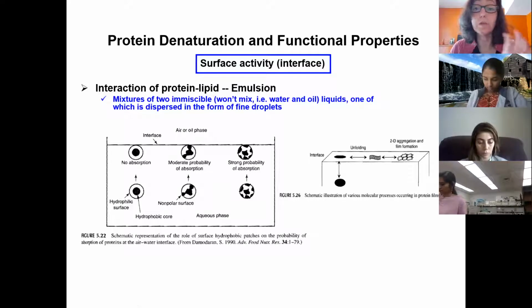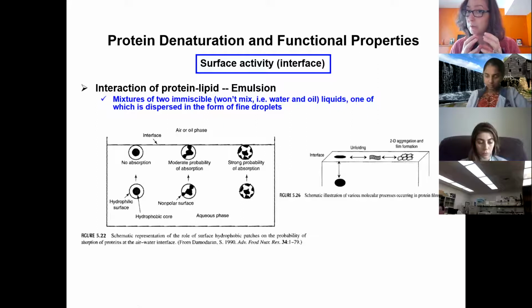So if we want to talk just about emulsion, let's start with the oil droplet. This film is formed around the droplet, and the thicker the film, the more stable your droplet is going to be. And the more charges you have on the surface, the proteins' polar groups are going to be oriented to the aqueous phase. So the more charge I have, the more polar groups I have on the surface of that film, the more there's going to be repulsion between two adjacent